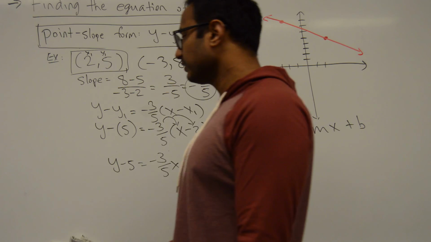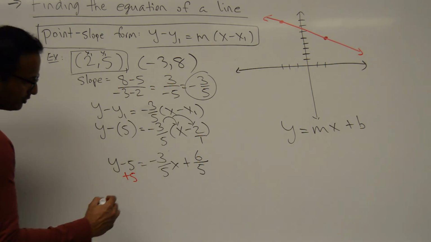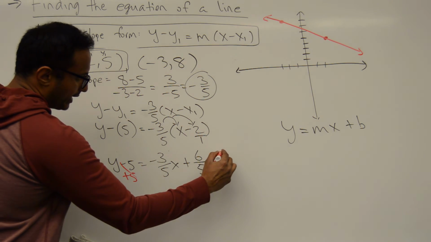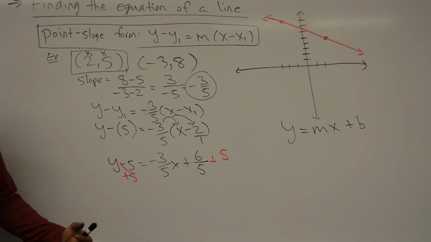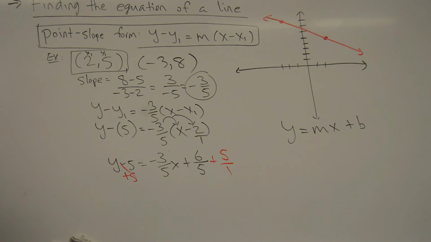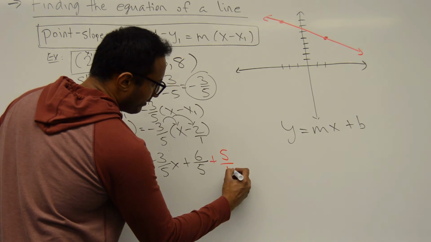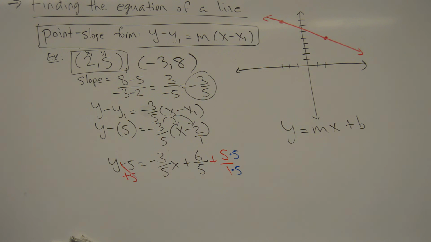All right, and then finally, you want to get the y by itself, so we are going to undo subtracting 5 by adding it. And we're going to add a 5 to this side as well. But when you have a fraction, now we're adding, not multiplying. So you need a common denominator. So this 5, it's like 5 over 1. Okay, so what do we do with that? We're going to multiply the denominator by 5 and the numerator by 5 to get an LCD. So my new problem becomes